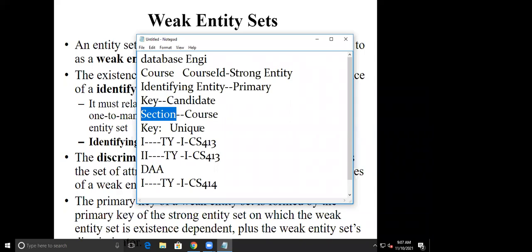what you can say, existence dependent on the course. म्हणजे sectionचा existence completely course वर dependent आहे. कोर्स जर नसेल तर माझा सेक्शन नसणार. म्हणजे सेक्शन हा कम्प्लिटली कोर्सवर डिपेंडेंट आहे. But I can have courses where there cannot be any sections. Just like consider your self-learning subjects. In the self-learning, even though I'm having the sections, as this is a self-learning subject, I can ignore the section.